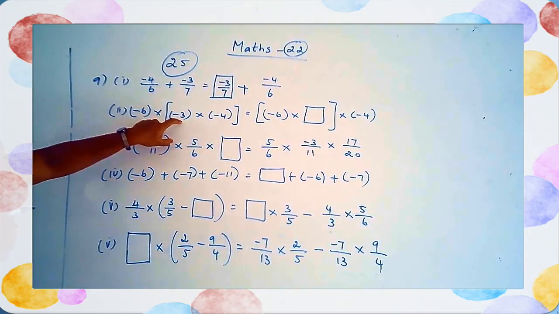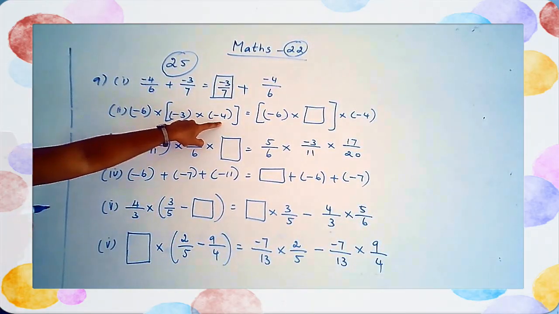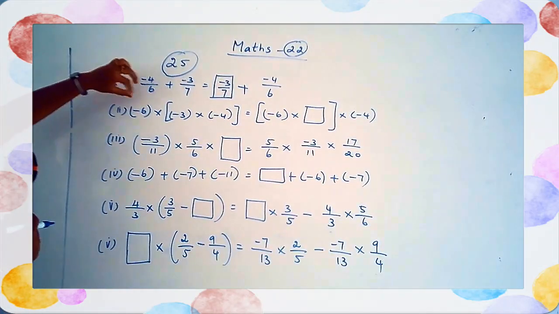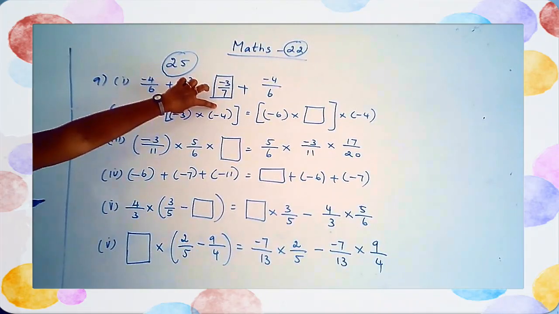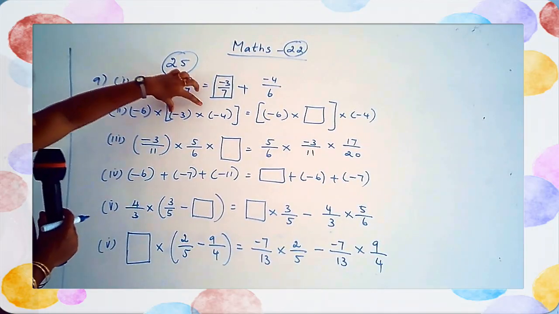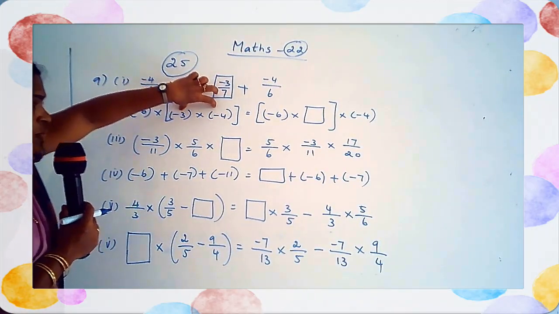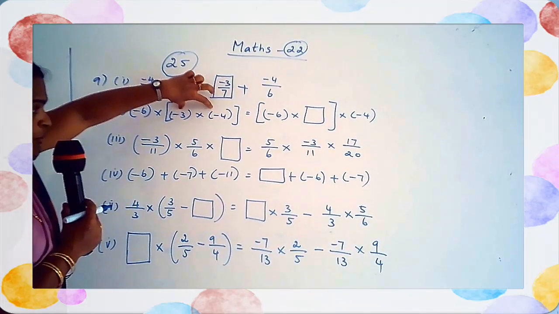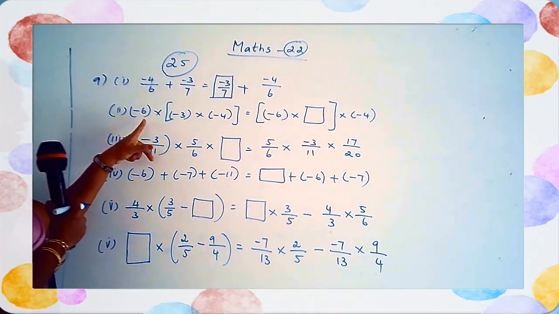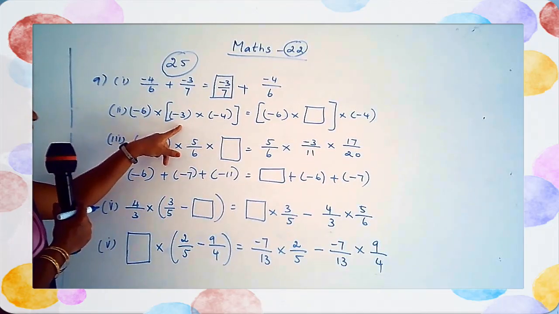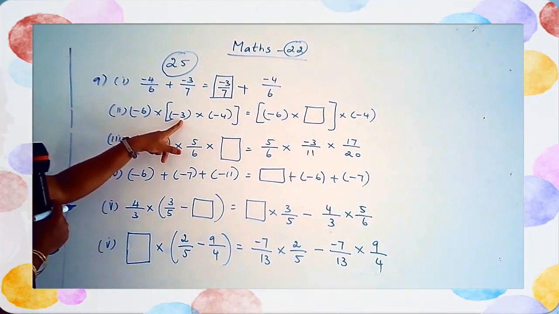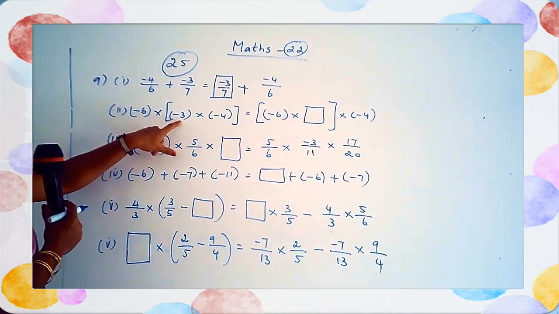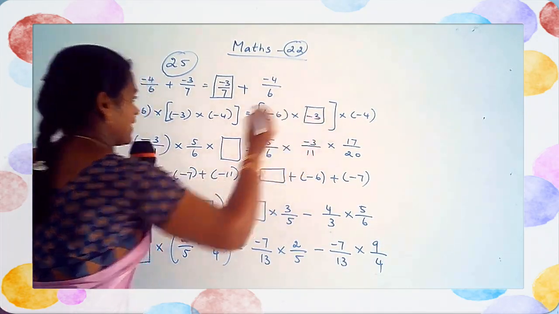Minus 6 into minus 3 into minus 4, okay, equal to, now minus 3 and minus 4 is in one group. Yes, children, this is for associative property, remember? So first of all, minus 3 and minus 4 is written as one group, okay? Now change the group, that means minus 6 and minus 4 is separate. So which number will come here? Minus 3. Okay, children? So minus 6 into minus 3. So your answer is minus 3.